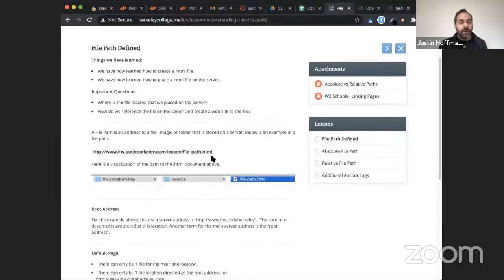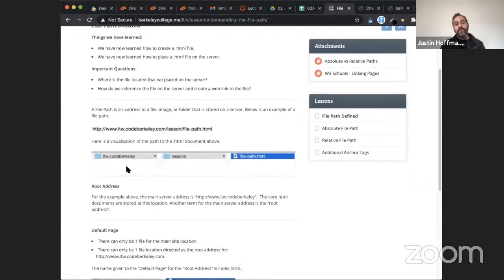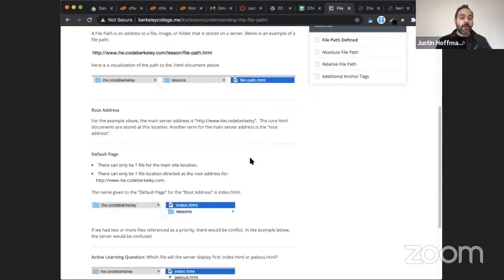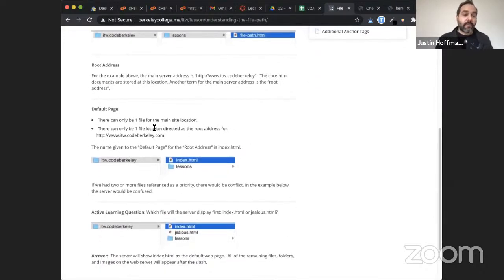So then I go over here and you could see that I just kind of put some examples. And then this is just a visual of how it kind of works. So I have a folder in here. Then I have another folder for maybe this homework assignment or this project. And then I have the file path here. So this is our root address,